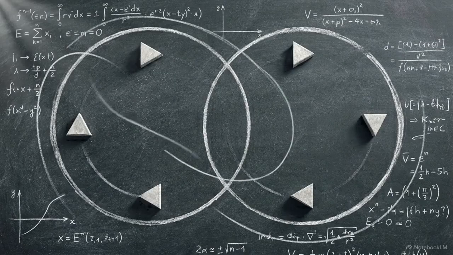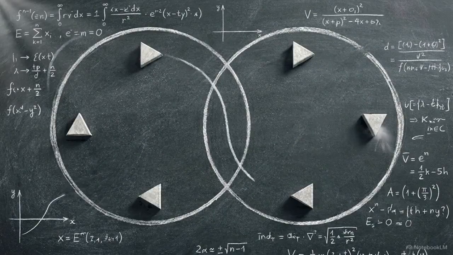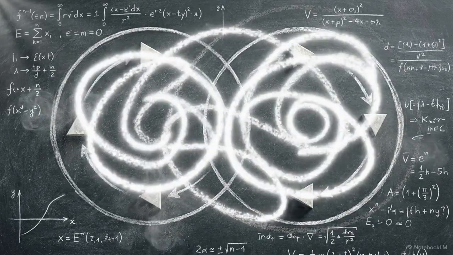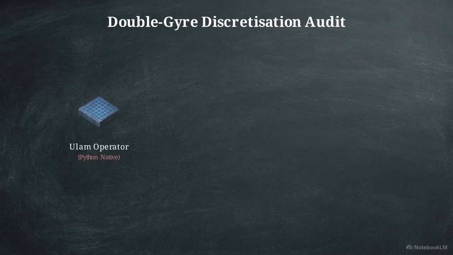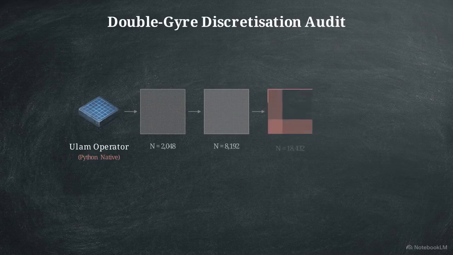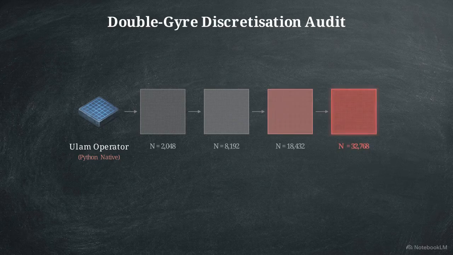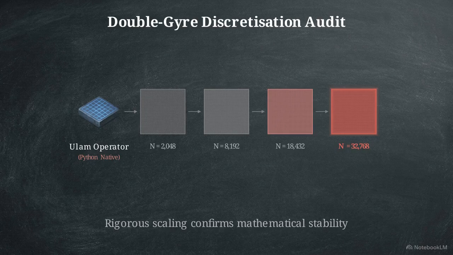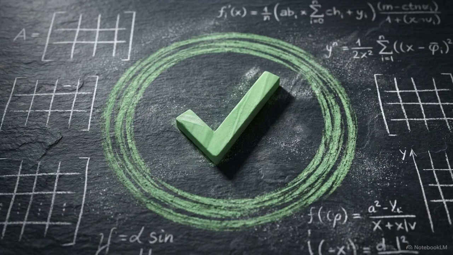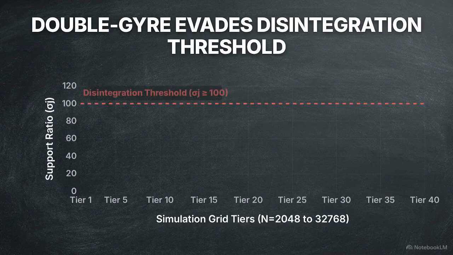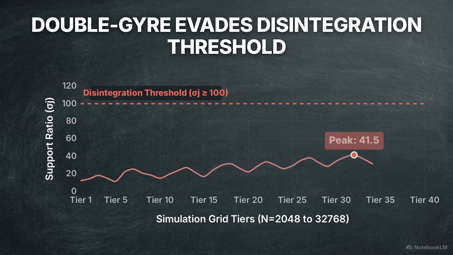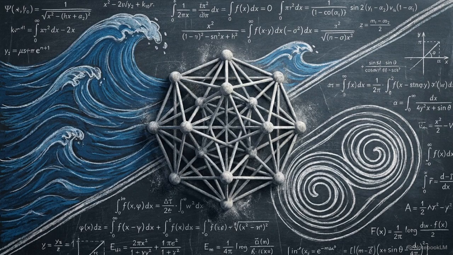For our second negative control, we test a canonical smooth-flow mathematical model, the widely used rotating double-gyre. This operator is generated natively in Python and tested across 4 increasing grid sizes, scaling all the way up to 32,768 cells. The results replicate our ocean data. Out of 40 scanned tiers, 0 fail the simultaneous two-axis test. Across all grid sizes and all tiers, the maximum observed support ratio peaks at just 41.5, keeping it safely below the disintegration threshold. Both the observational ocean data and the canonical theoretical flows confirm that under normal structural conditions, the